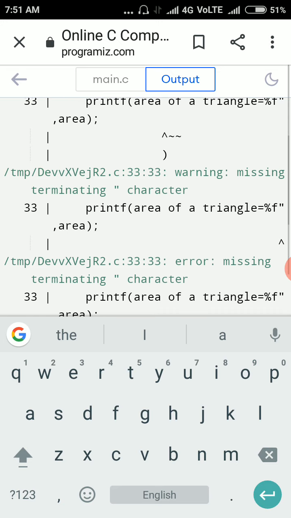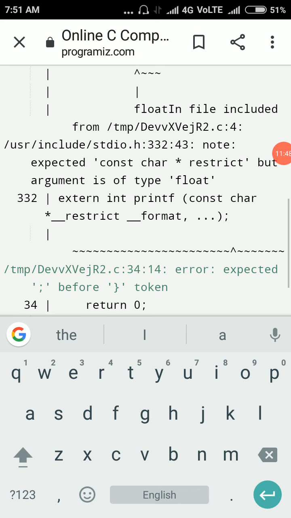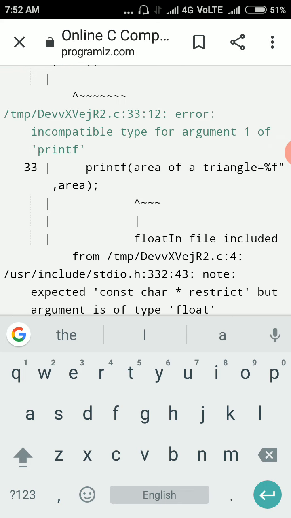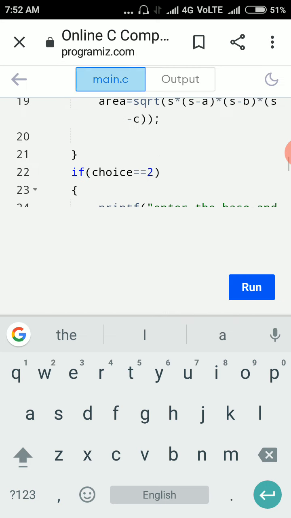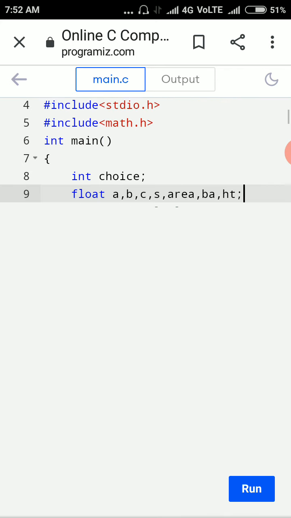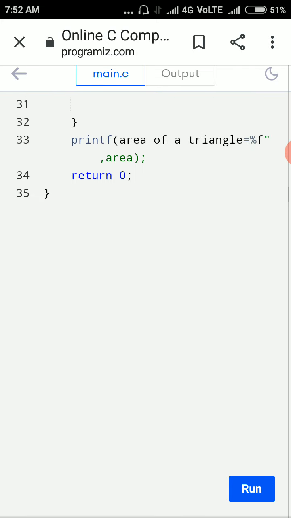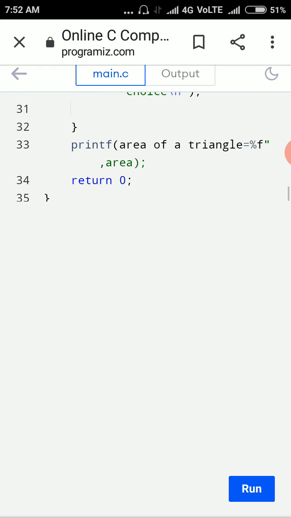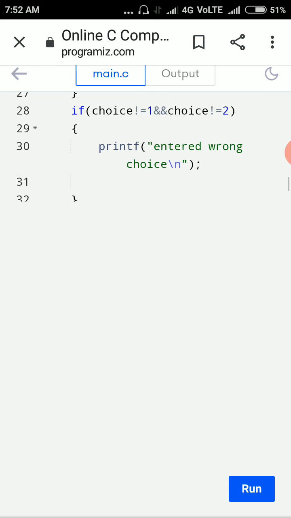So here it is getting an error, so we are fixing these errors. In this first printf, area of the triangle equal to percentage f. Here it is displaying an error, so we are rechecking it. Entered wrong choice.